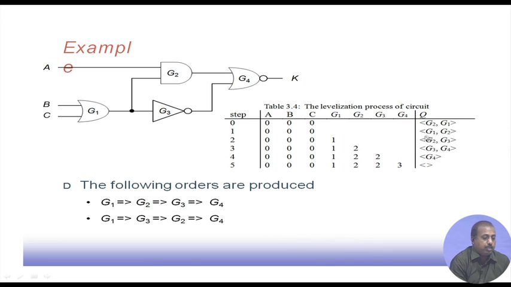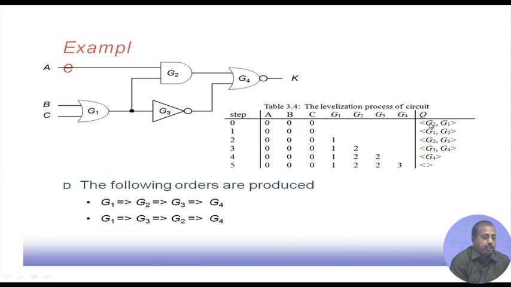So, if G1 is picked up, then at the next level, G1 will be assigned level 1, and G1's fan out is G2 and G3. G2 is already there, so G3 will be picked up. You see that here G2 was there in the queue, and since G2 is listed earlier in the queue,